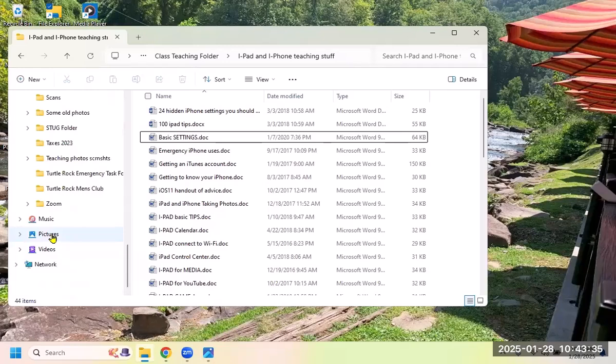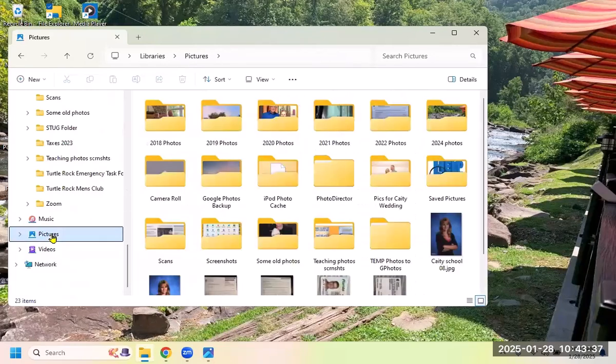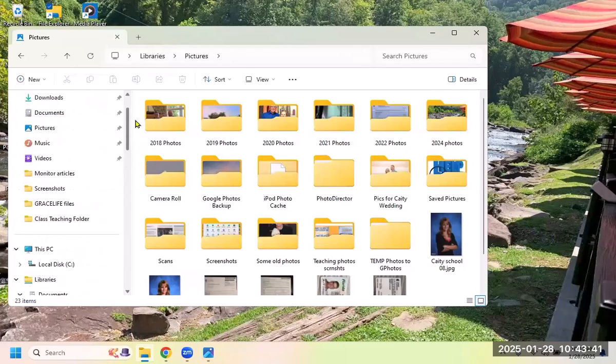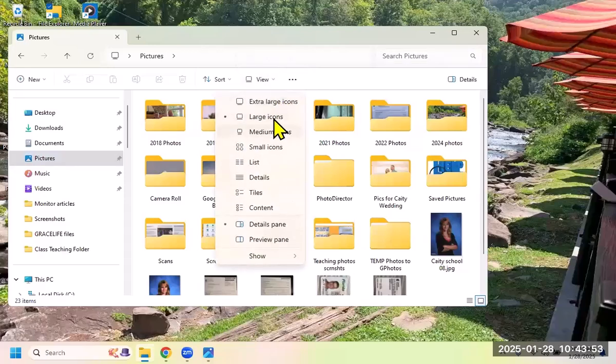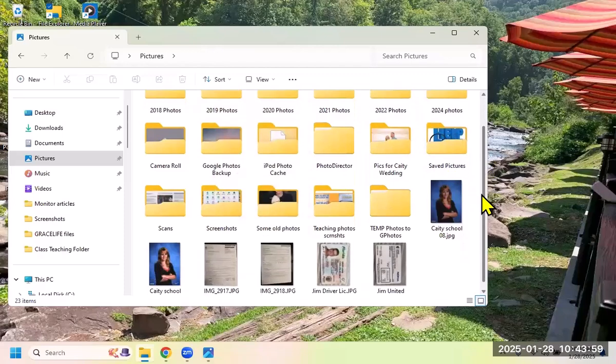Okay, I'm going to open up Pictures, and this Pictures here is the same as if I went up to the pinned Pictures here and clicked Pictures. It's the same. Okay. Now here my view is large icons. If I open up some photos,